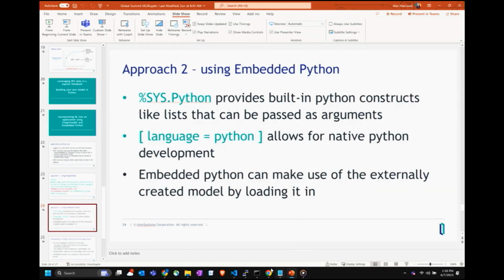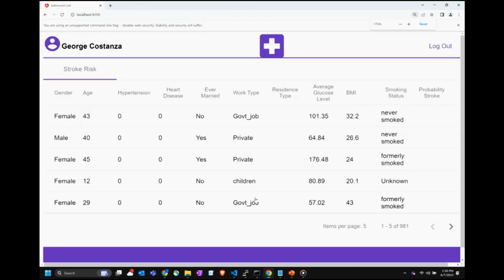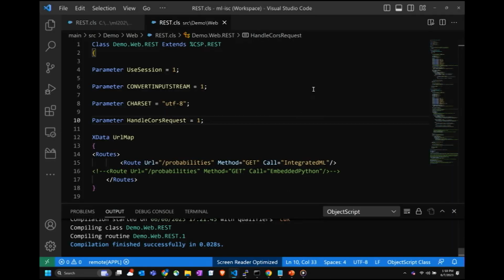So right now, let's see if I can make this a little bit bigger. A little bit. All right, so this is the census application, right? So you see your demographics here, and we have this probability stroke column that doesn't have anything in it right now. Now, if I go to my visual code, I'm just showing you,